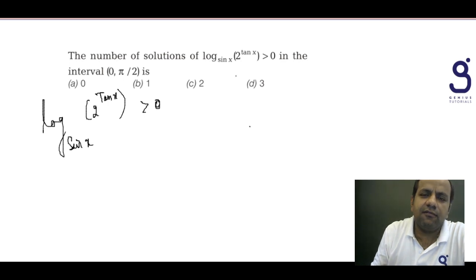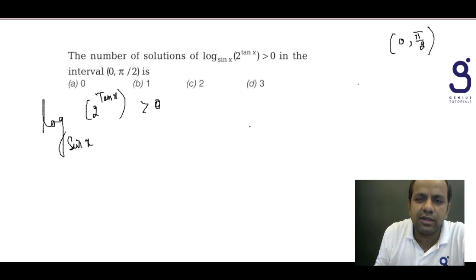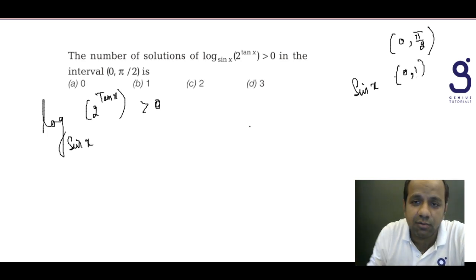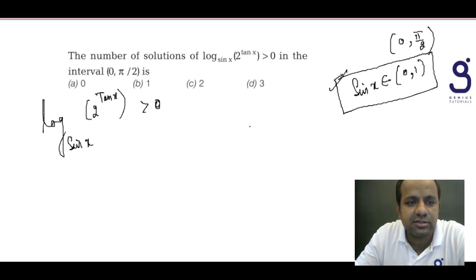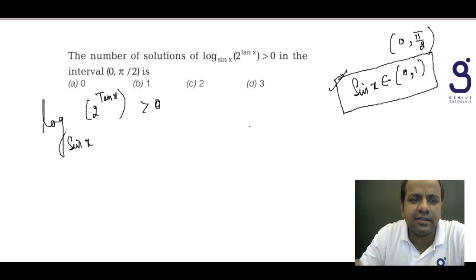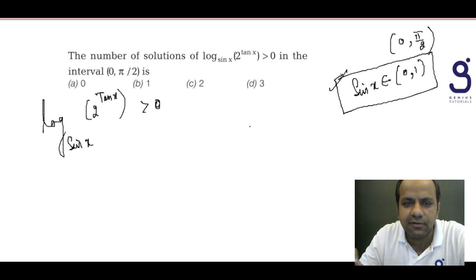Okay. One more thing. The interval here is 0 to pi by 2. We know that sin x within this interval will always lie between 0 and 1. It cannot be equal to 1. Sin x must belong to this interval. It cannot be equal to 1. Why cannot it be equal to 1? Because the interval is open. So we can say sin x is a value which lies between 0 and 1 within